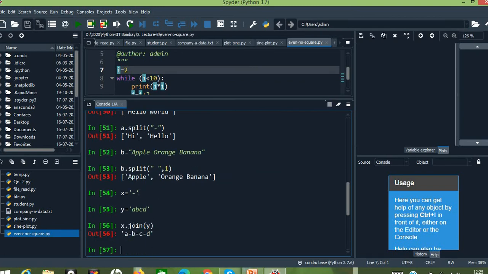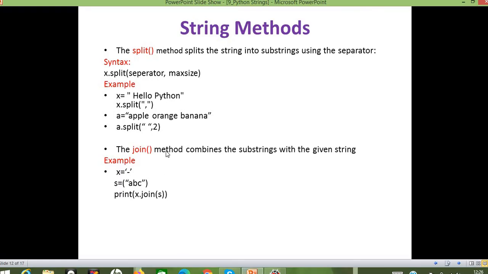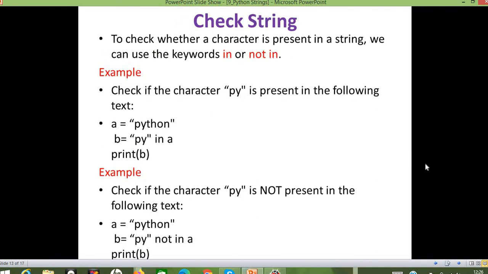So we can see that what is the separator which I'm going to use to separate the characters that I have mentioned here, x dot join of variable y. So all the substrings are separated using another string, right? So here this is for join method, which combines the substrings with the given string.